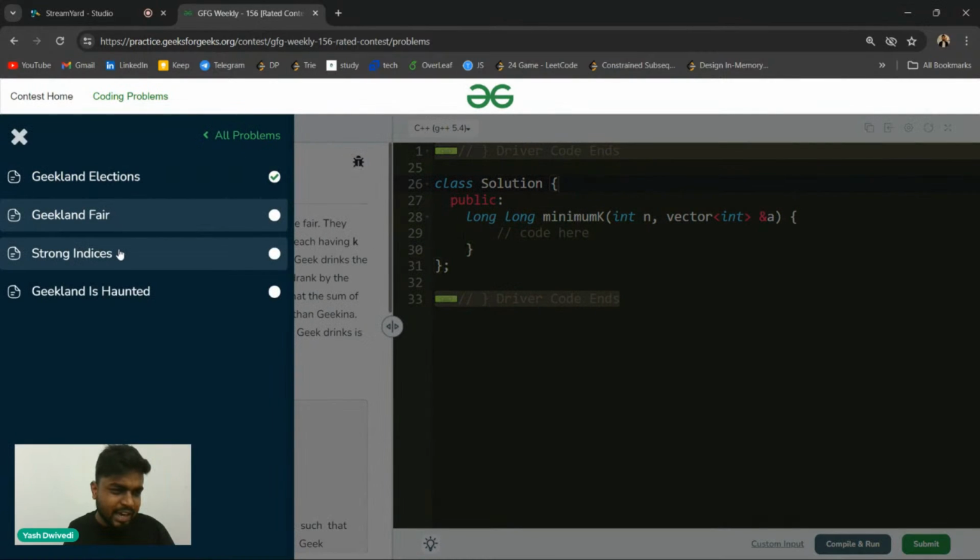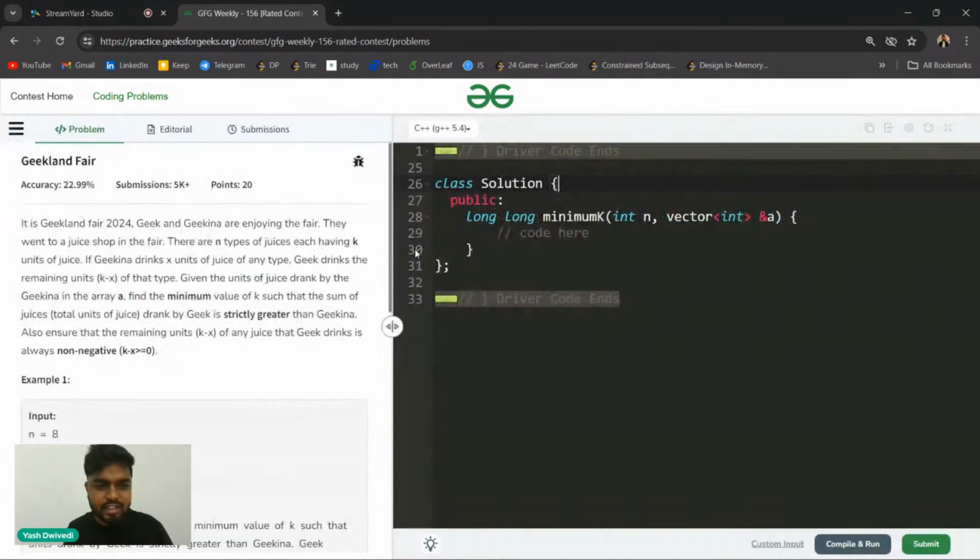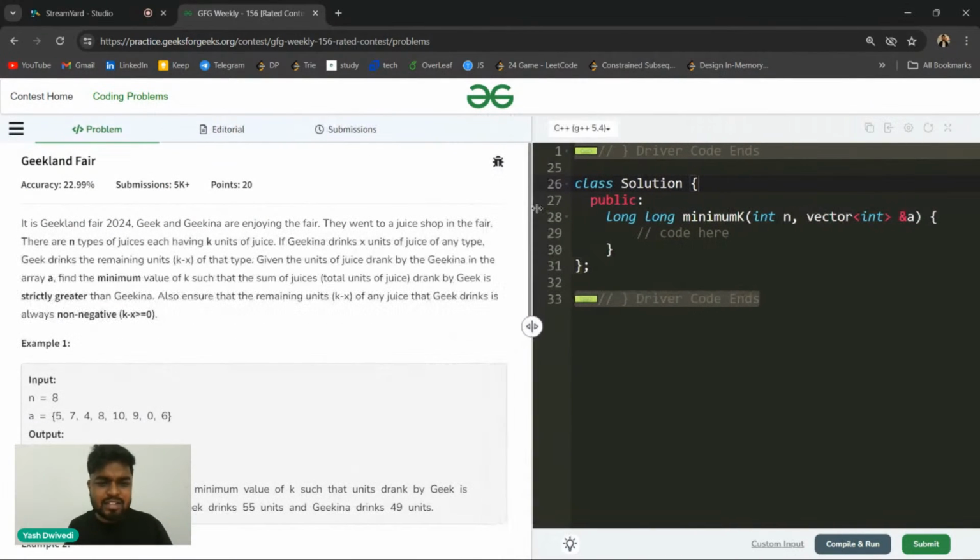Geekland Fair, or the strong index? Second one first. Okay, I'll discuss the second one first in that case.